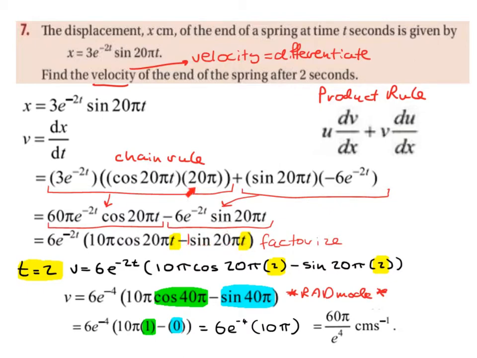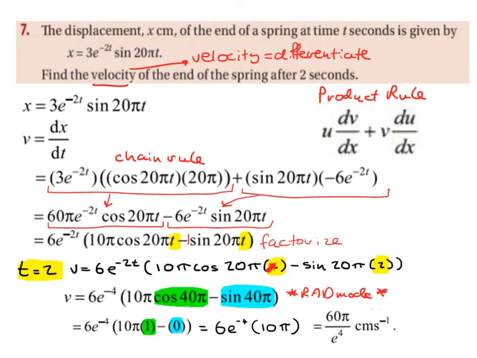Now, remember, we weren't just asked to find the velocity. We were asked to find the velocity of the end of the spring after 2 seconds. So that means we take the derivative and we swap each t for a set of brackets and we put 2 into it. We let t be equal to 2. So we have v, the velocity, equals 6e to the power of minus 2t times 10 pi cos 20 pi times 2 minus sine 20 pi times 2. So straight into the calculator,